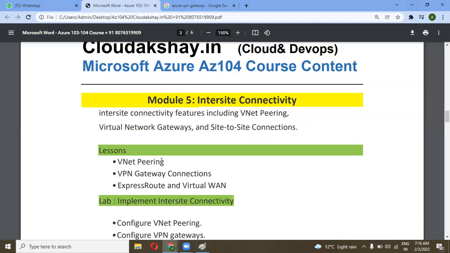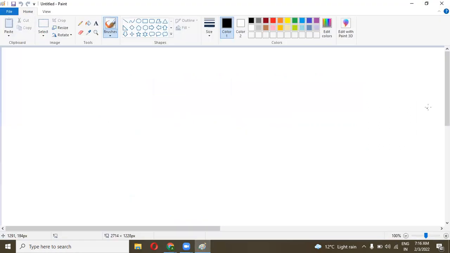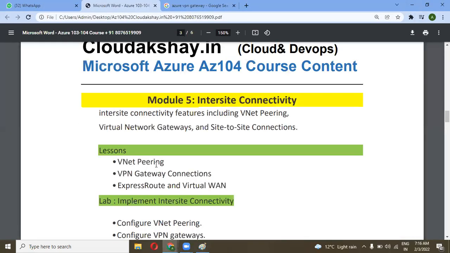Okay. Now come to the VPN gateways. How do they come into the frame? So let's see in Paint. Before VNet pairing, you are repeating yesterday's session only, right? Yes, yes. So before